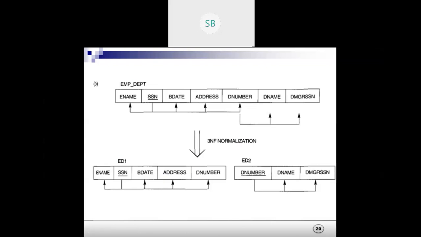So for third normal form, what we do is divide it into two tables. Till this one, it is already in third normal form. This was a simple example. We have seen that in the second normal form only, it is getting normalized, because for a table to be in third normal form, the first condition is that it first needs to be in second normal form, right?